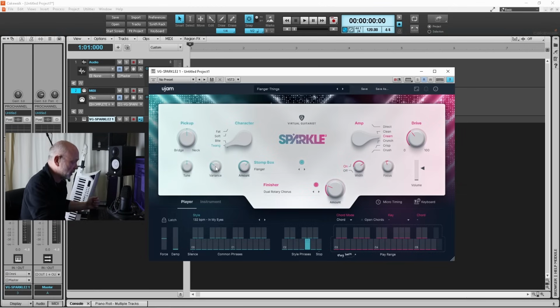And what variance does is, if I click on the variance knob and drag all the way up, so it says 100, the distance between each of those strings being played will now be at the maximum. So it's like it's taking longer to go between each string. And if I press on the knob again and drag down to 0, then the timing between each of those strings being played has now been brought down to the minimum. So if I play now,